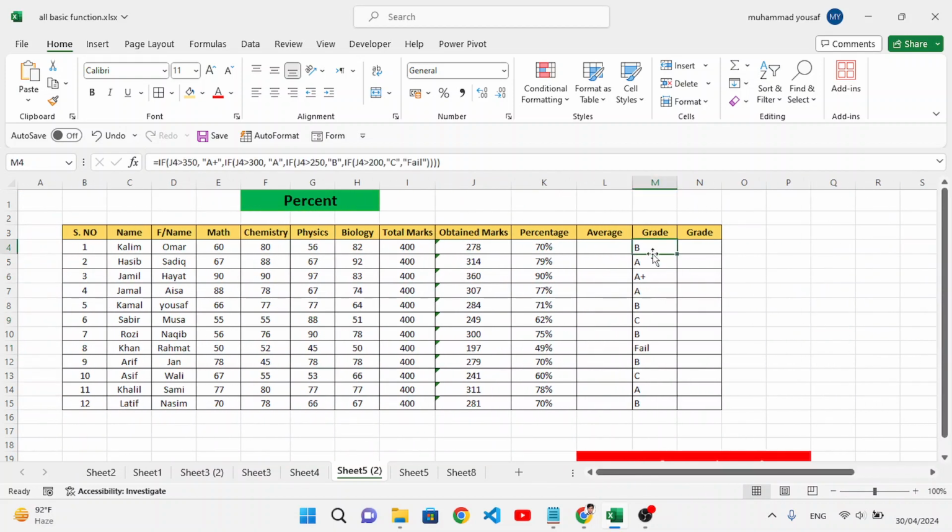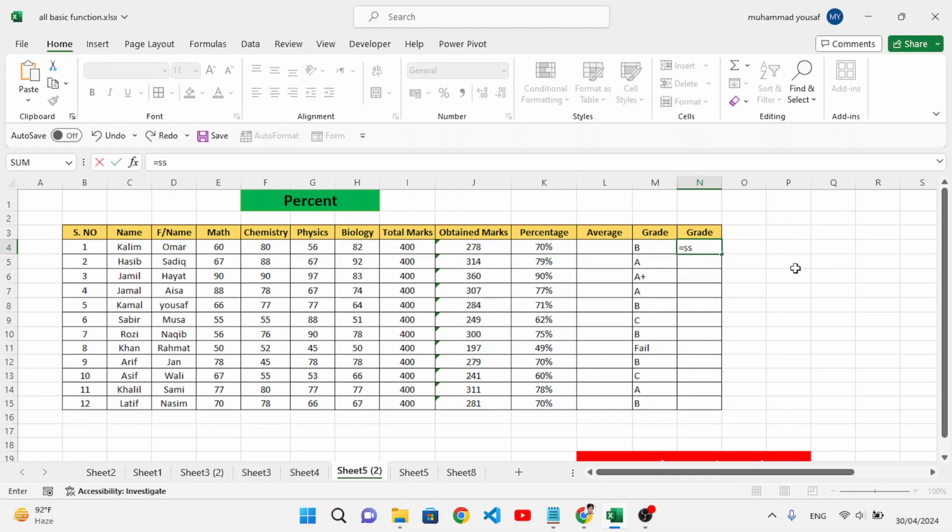Here I have used the if statement. Look at it: if it was greater than 350, A plus, and so on. I have nested the if 3 or 4 times. So now, instead of this, we will use the switch function. Let's do it: equal to switch